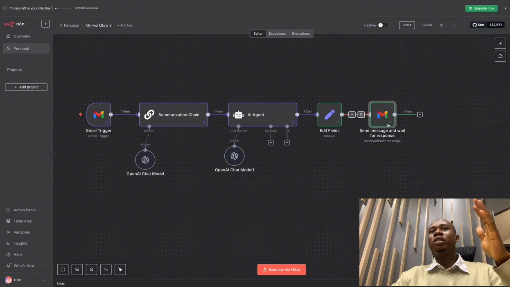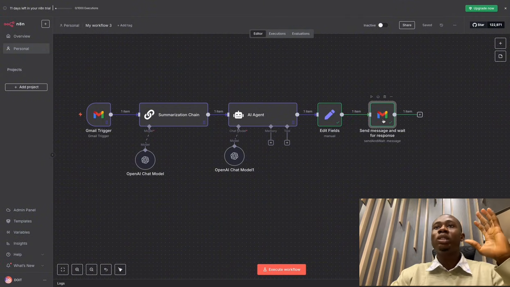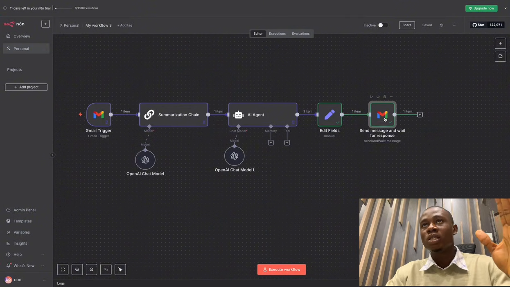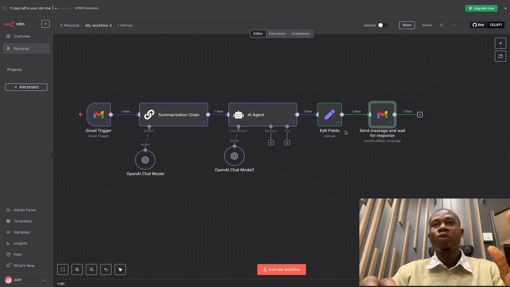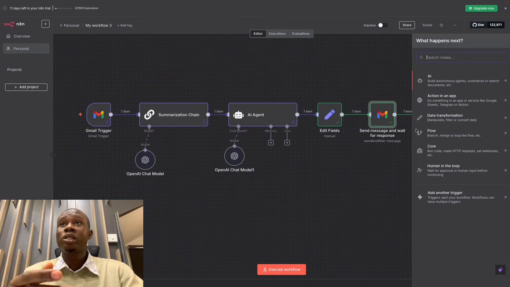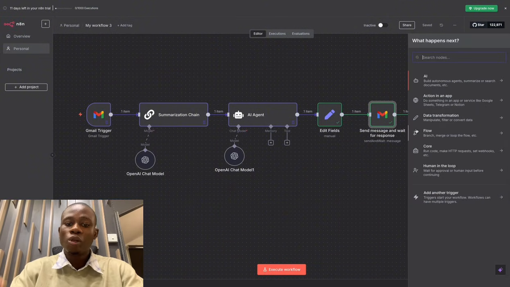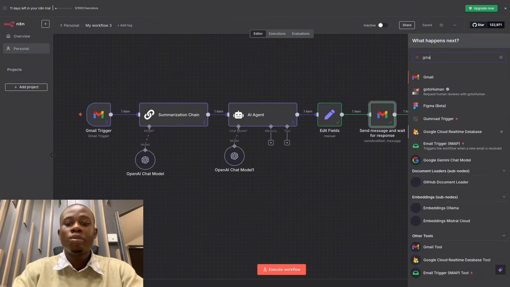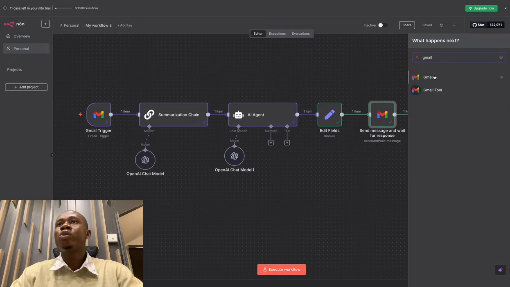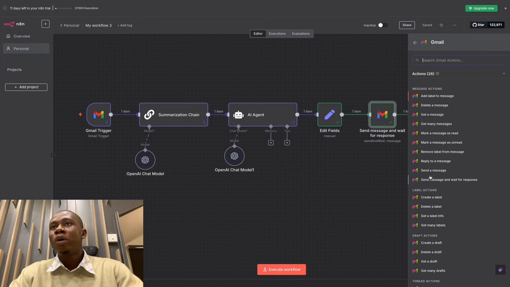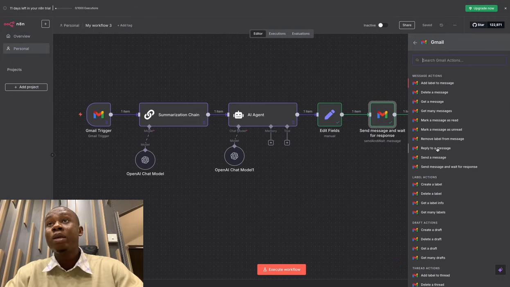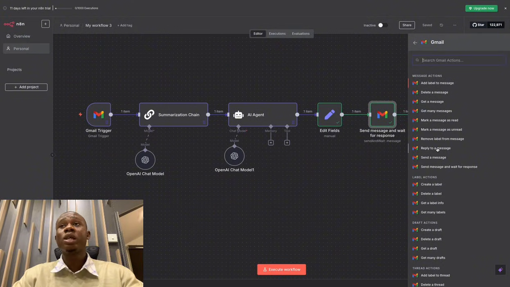So now as you can see, the node is already green. That means we've already approved that, okay, we can send this over. Now, the final step of the workflow is to send over the reply. So what we're going to do also, you press tab on your keyboard. I'm going to also pick the Gmail node, Gmail. So once we pick the Gmail node, we're going to reply a message because we are going to be sending a reply